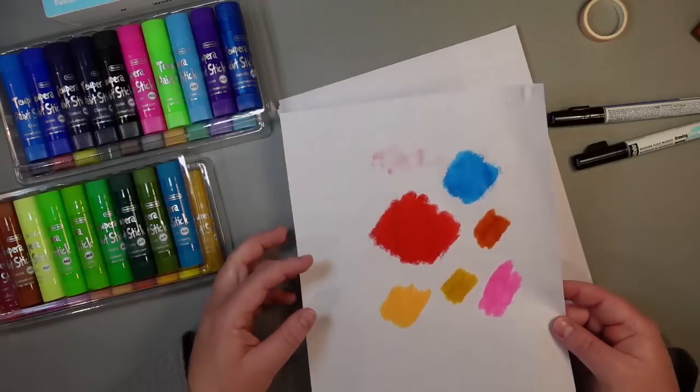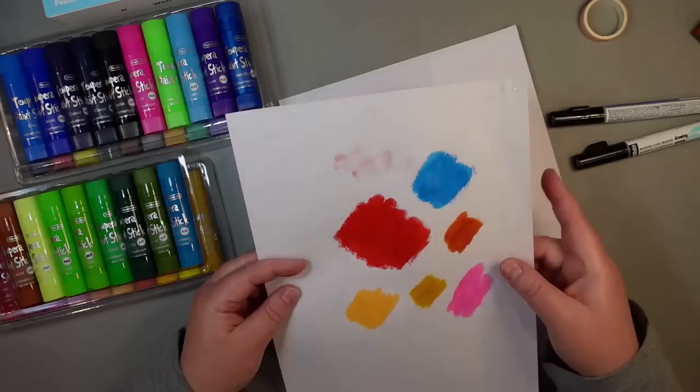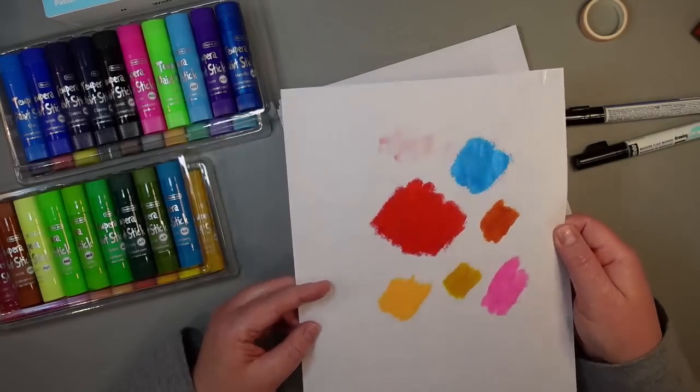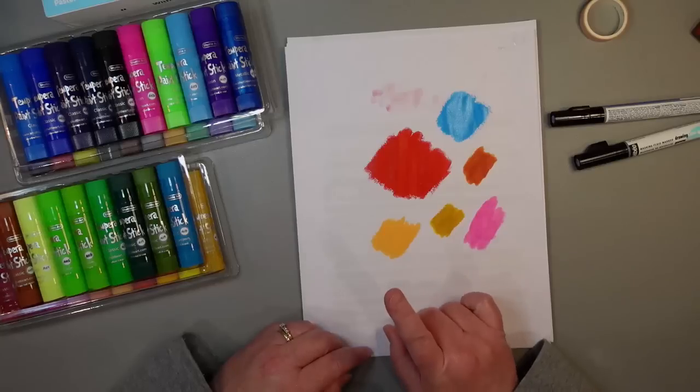So, if you look at the metallic there, that's a pretty good metallic sheen. Look at the blue there. The others, once they're dry, are pretty matte. But the metallic is pretty metallic. So I'm going to try something. But I did want to say,